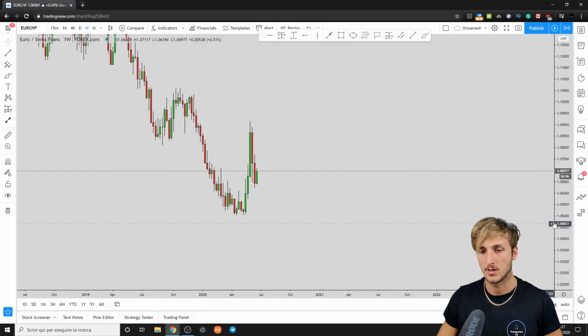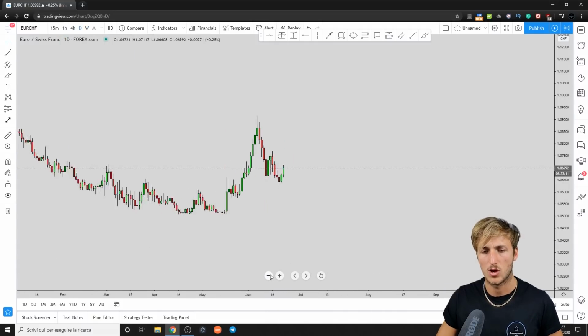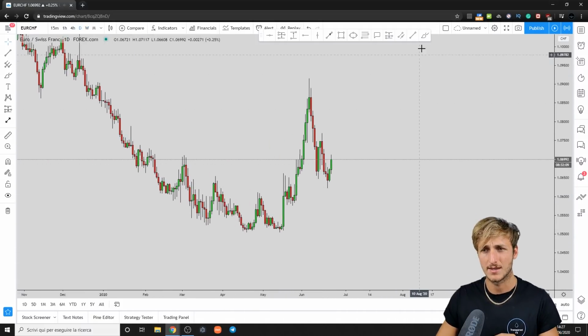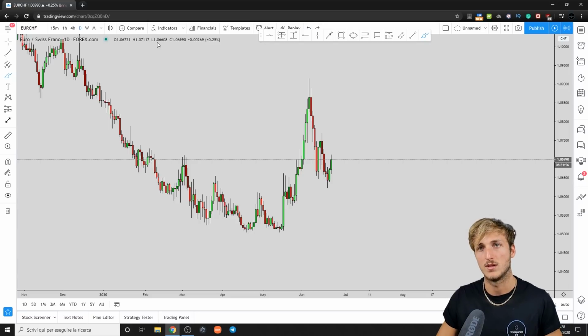What happened lately? Now, if you remember, in my first breakdown on Euro CHF that I made on TradingView, what did I say a couple of weeks ago? I said from this area here, actually the market was here, I said from here we want to see a retracement to here before the huge move to the upside. And in fact, that is exactly what the market did. You find that analysis in the description of this video,